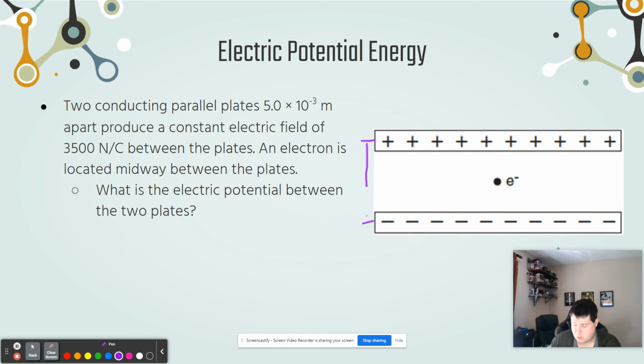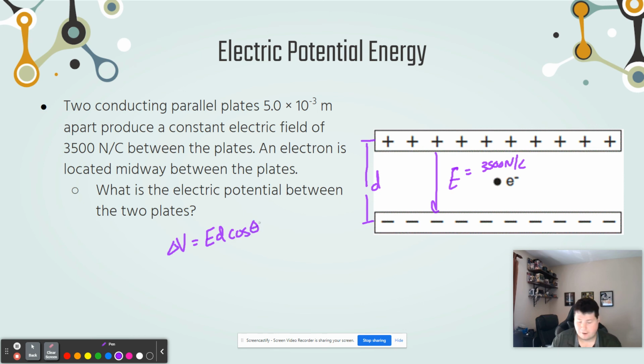So I know the difference between there. I know the distance between that place, and I know the electrical field between it. The electrical field is 3,500 newtons per coulomb. So I'm going to use that third equation, that the electrical potential difference is the electrical field strength times d